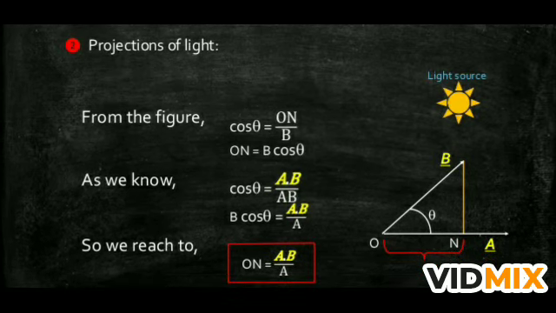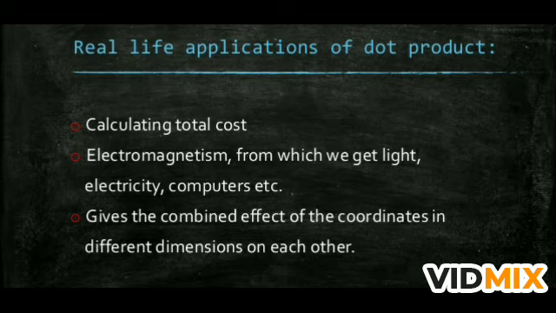Real life applications of dot product are calculating total cost, electromagnetism, from which we are getting light, electricity, computers, etc., and it gives the combined effect of coordinates in different dimensions of each other. Now this is the dot product. How can we multiply two vectors, what are the properties of dot product, what is the application of dot product, we have seen in this video. You see this topic from your NCERT also and from your reference book also, and solve the in-text